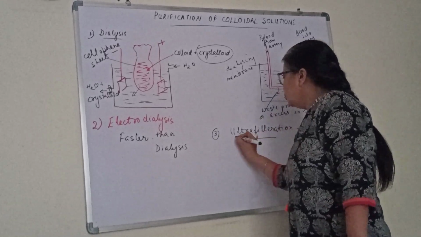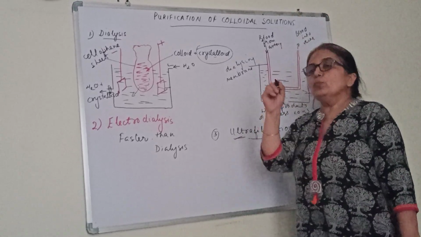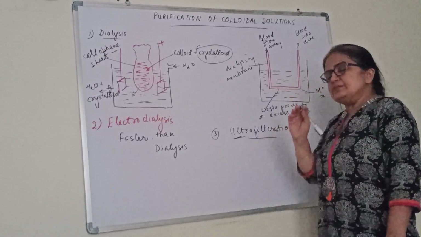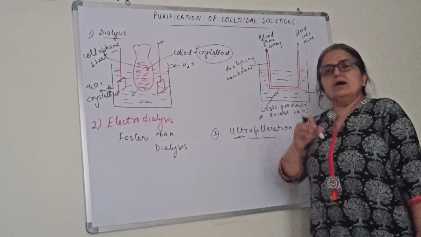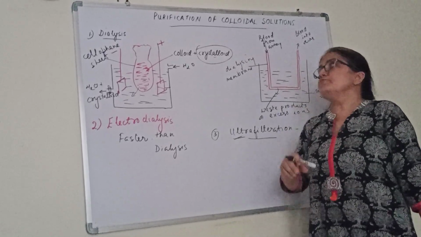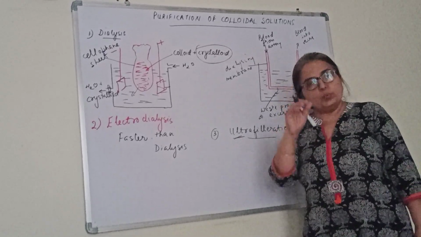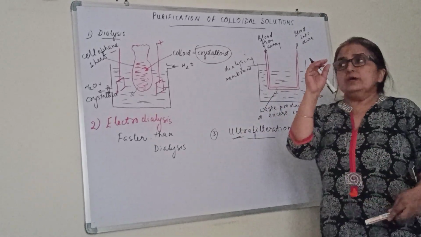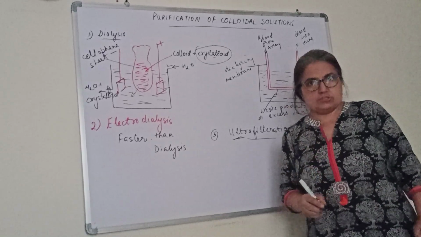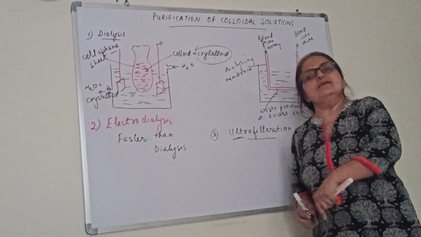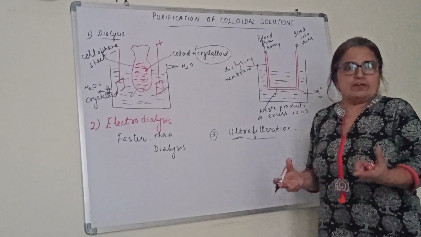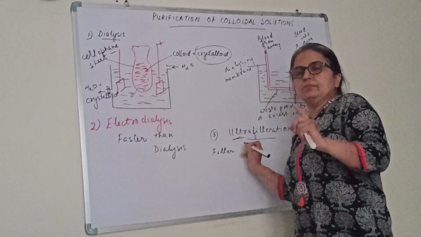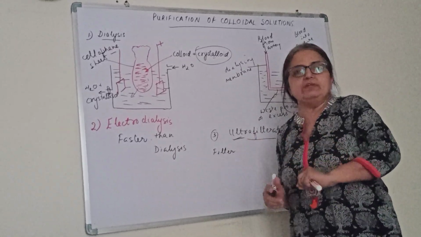Ultrafiltration, as the name says, ultra. It is not with the normal filter paper which we use in the lab. The filter papers which we use in the lab have bigger pore size. If we try to pass the colloidal solution through it, the colloid will pass through it. So normal filter papers cannot filter colloidal solutions. So we have to prepare an ultra filter paper. Now what is ultra filter paper? We take normal filter paper, or somewhat better quality filter paper, like Whatman filter paper.